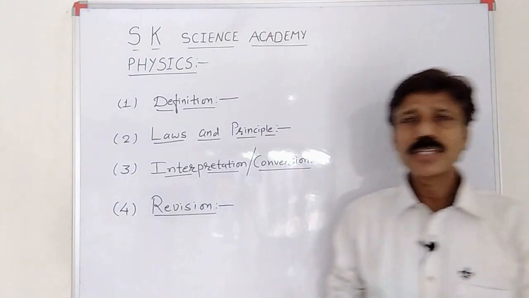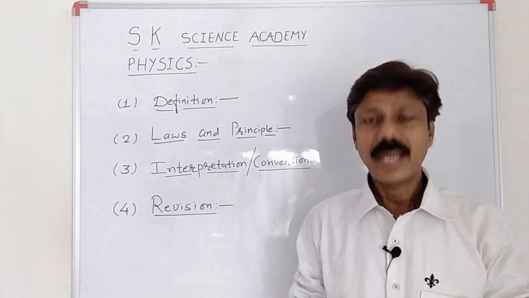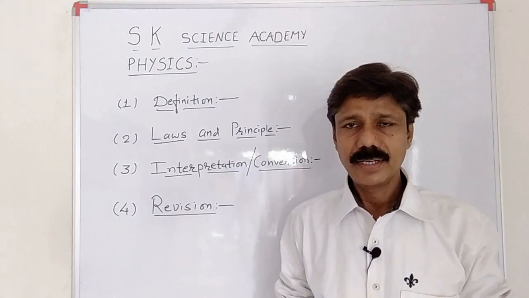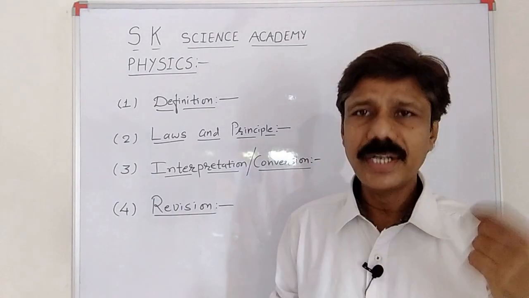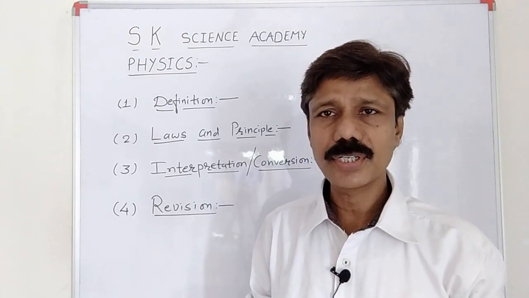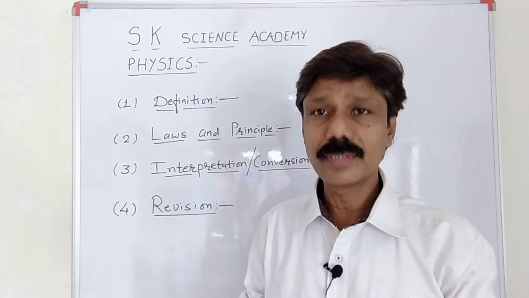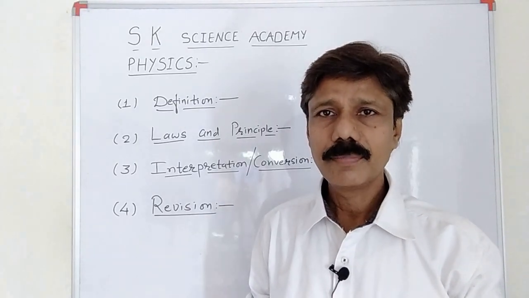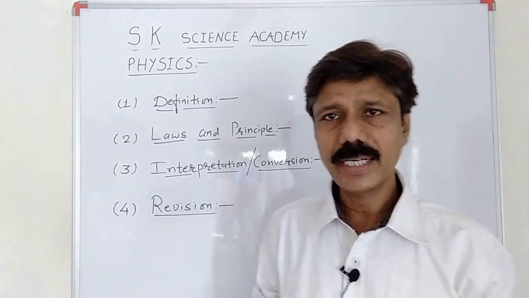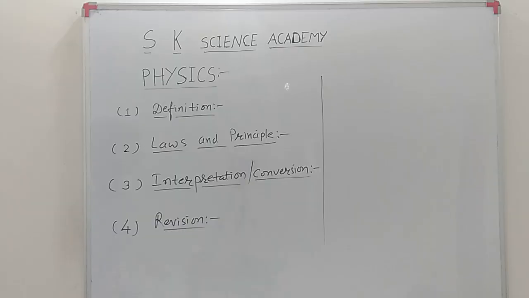See, many of the students avoid studying definitions, and that's the reason why they are unable to understand physics. Theory comes from definitions; a theory is nothing but the combination of definitions, laws and principles, and after that you get some truth. That's a theory. But to understand this, you have to understand definitions. If you are unable to understand the definition, then for sure you will be unable to understand physics.